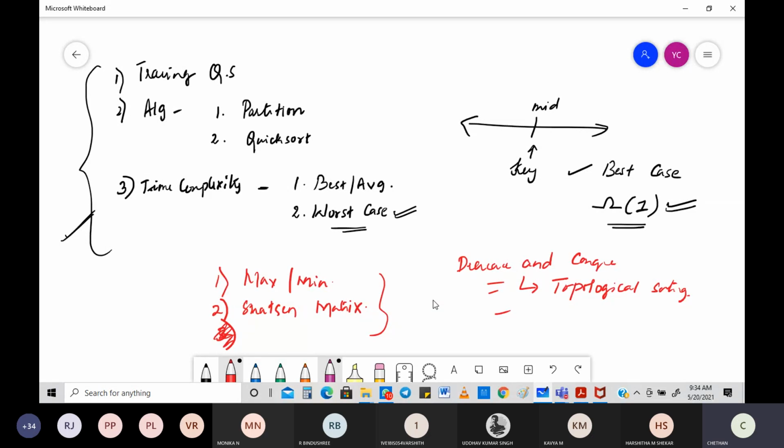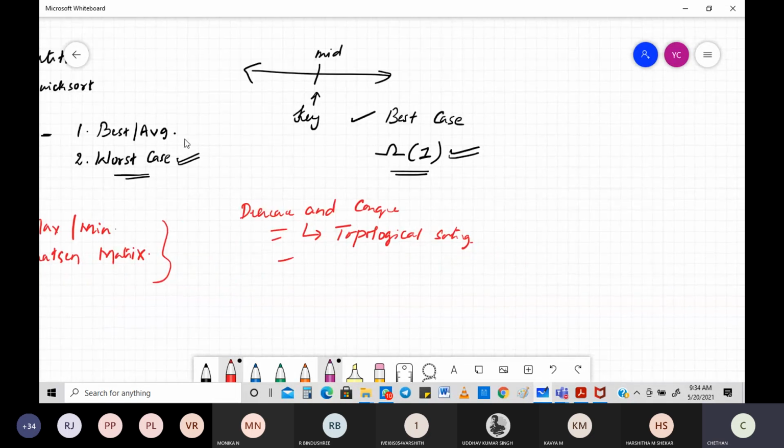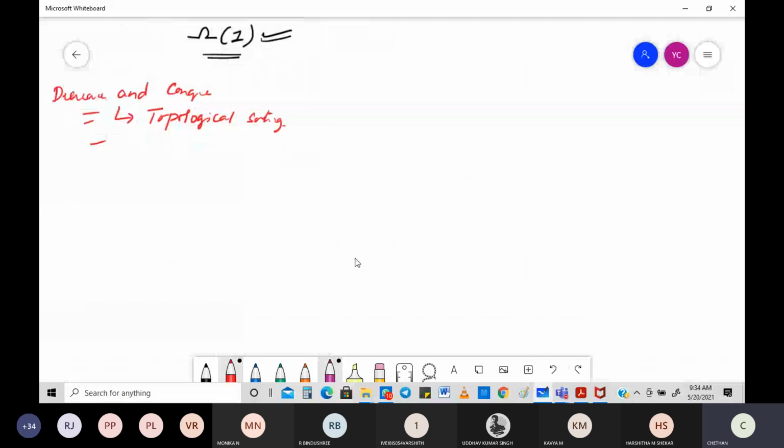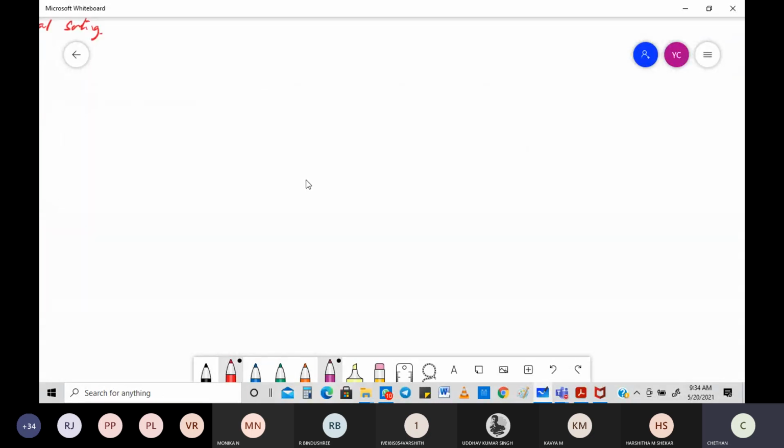So let's look into this. What is the most important part? I think we are going to take another 5 minutes before we switch off our sessions. First and foremost, I was talking about the worst case scenario. First of all, you need to know what the worst case is. When do you think the worst case will happen? Then you'll understand the meaning of worst case and its time complexity.